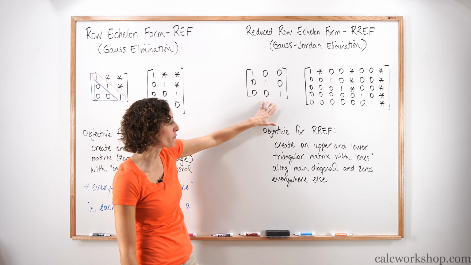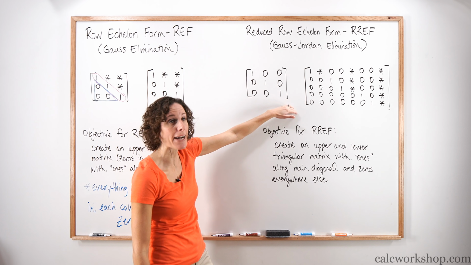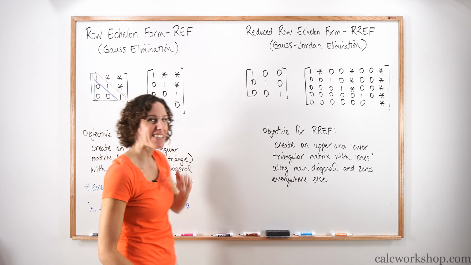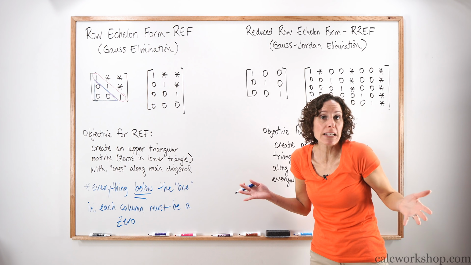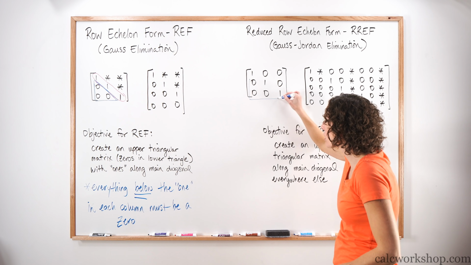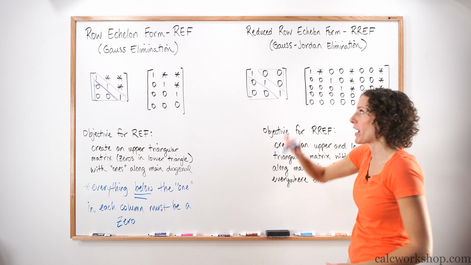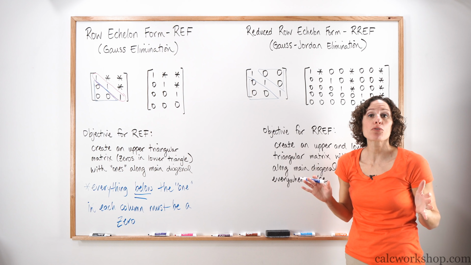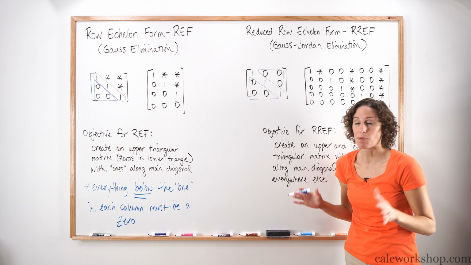So again, if you look at the first example, what you're seeing is we still want to get the ones down the main diagonal just like we saw here. But the difference with this is that we just love zeros because zeros are easy. So we're going to get the ones down the main diagonal, but notice we have this lower triangle of zeros and we have the upper triangle of zeros. That's beautiful. That means we never have to back substitute. We're done, we're simplified, we're happy.